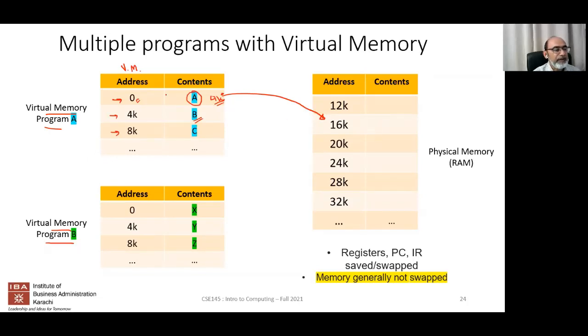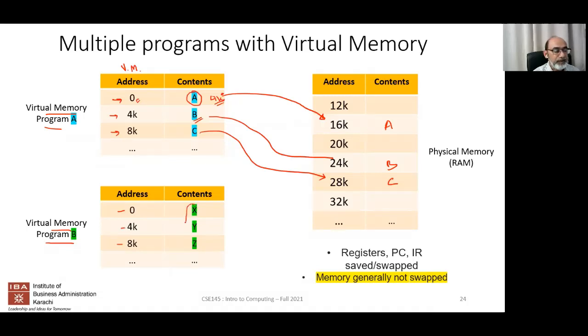Okay, so when it needs to get to A, it's going to go to this particular location. When it needs to go to B, it might go to this particular location. And when it needs to go to C, it might go to this particular location. Now, the second program could have the same addresses 0, 4, and 8K, and it has different pieces of